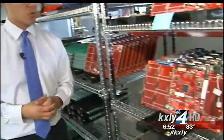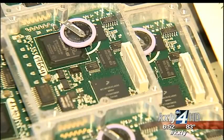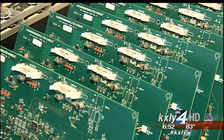So what kind of industries does Tate Technology serve? Well, pretty much all of them. This board is used in a crosswalk controller, and this one is used for running telephone over the internet. If it has a battery and a light on it, we probably have made something similar to it. We're in machine controls, industrial controls, automotive business, we're in medical business, and we do a little bit of consumer